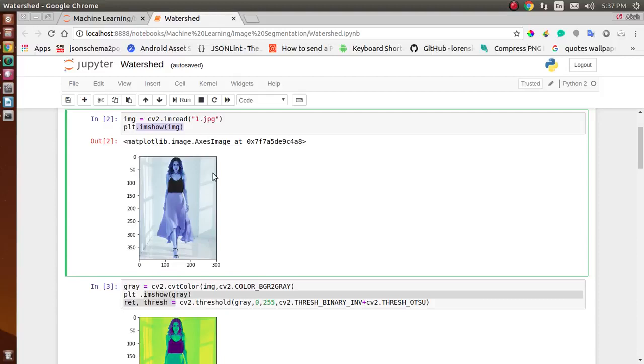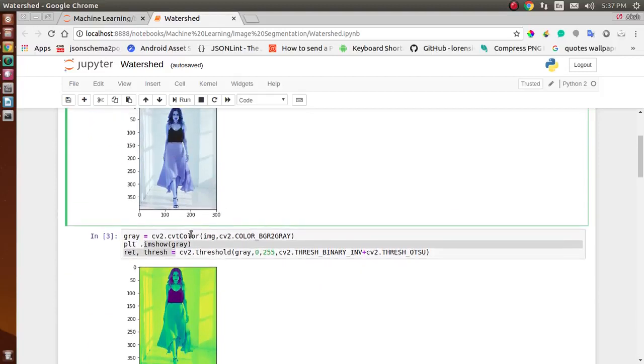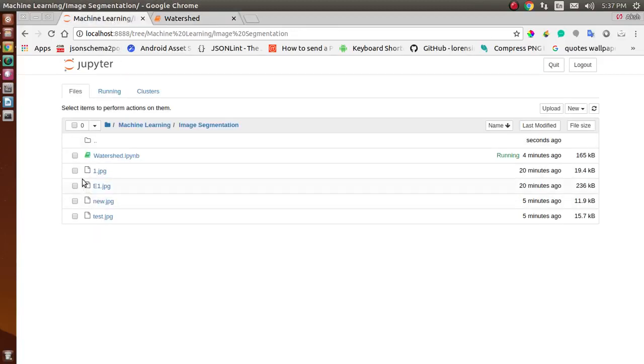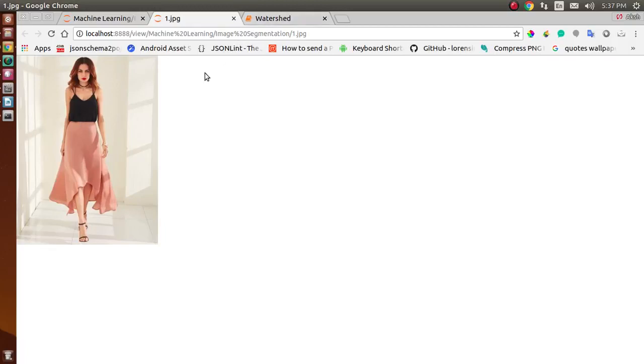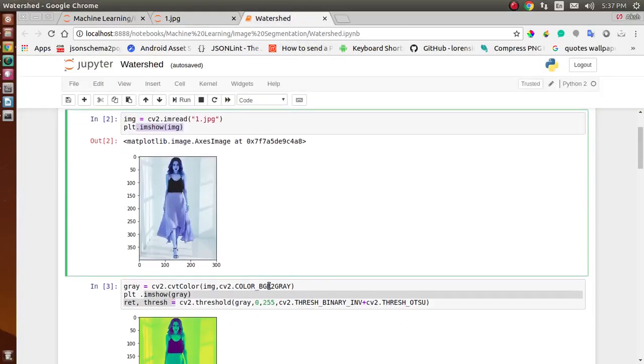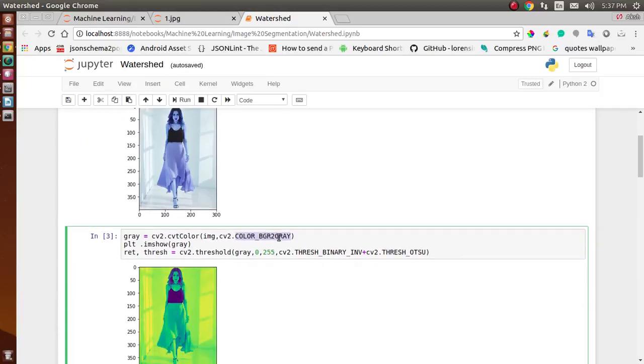Then after this, all you have to do is convert your image. When we downloaded this image, it is in BGR format. So to apply watershed, we will change this BGR format to a grayscale format. Using cv2.cvtColor, we will change this image to a grayscale image.